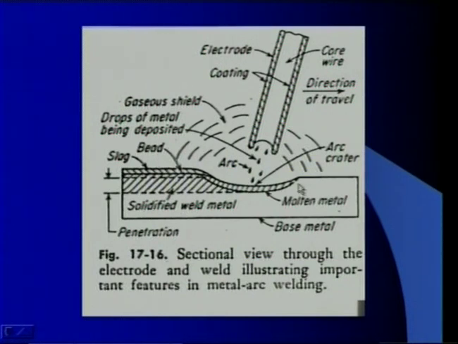Here these are the two places which we are going to weld. The electrode is moving from left to rightward direction. Here we can see this is the slag material, this is the welded material, this is the weld pool, and this is the arc. The arc is going to melt these pieces to be welded, and after a certain time the metal is going to solidify to have a permanent joint. So, this is how it works in electric arc welding.